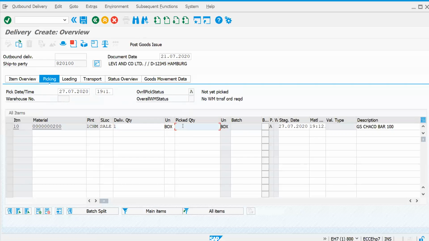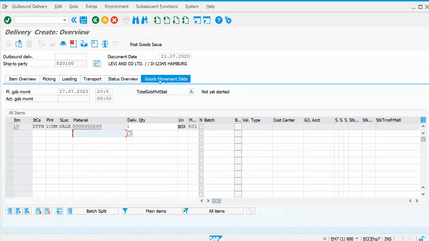I'm just trying to pick this quantity against my delivery quantity. If I press enter, my quantity will be changed to fully picked. That means whatever the delivery quantity is, I have fully picked it here. If both are equal and I click post goods movement, it creates my outbound delivery.